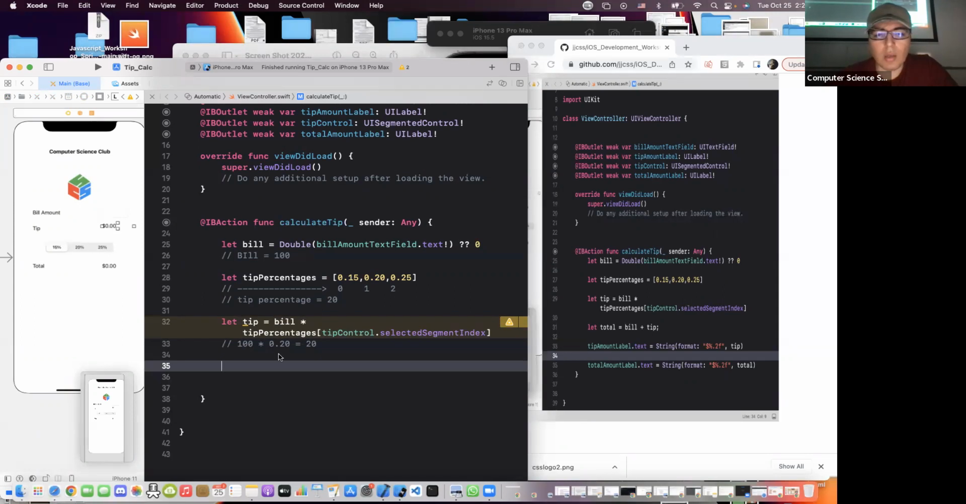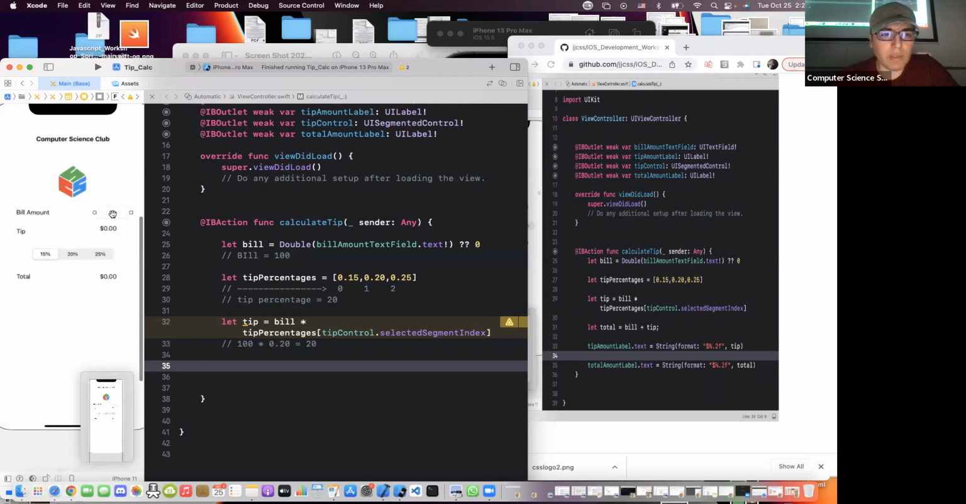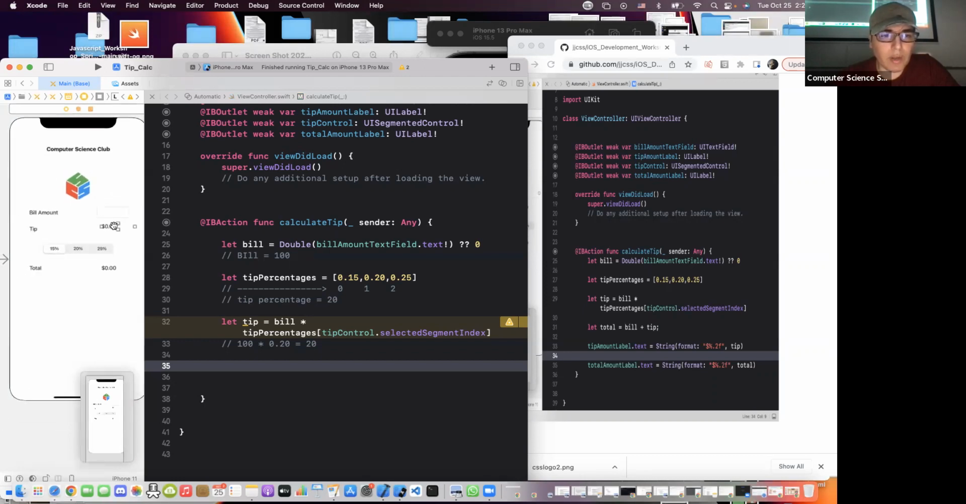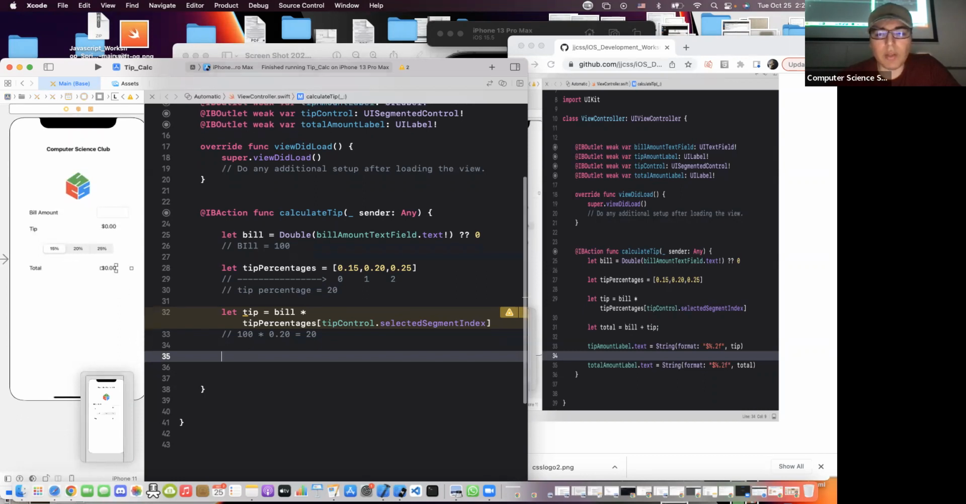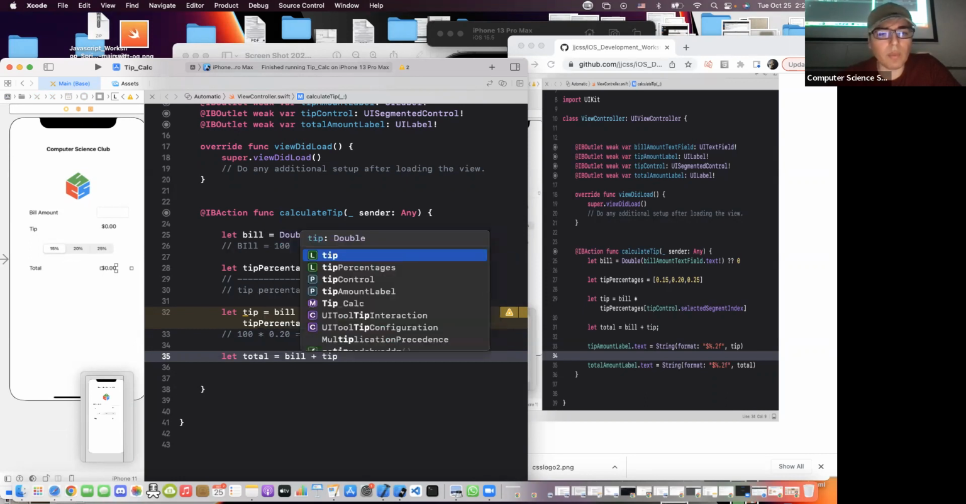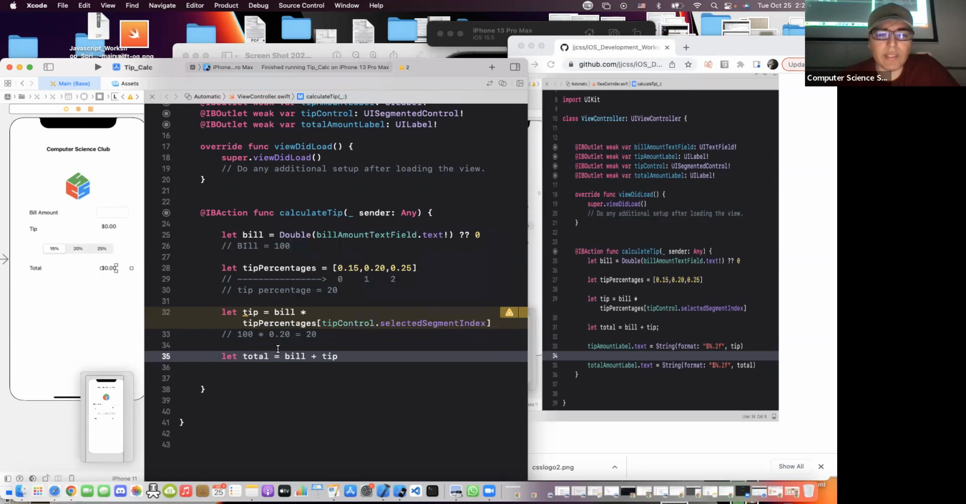Next, we're gonna calculate this total amount. So we're gonna add the value that we have stored in this bill amount text field with the value that we just calculated from tip and add it into this label. So let's create another constant variable. Let's call it total for total amount, or you could call it total amount, up to you. We're gonna say add the bill that we've stored plus the tip that we just calculated and save it inside